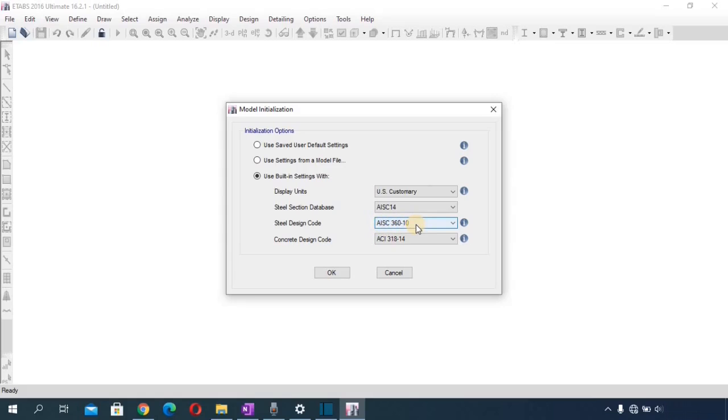So let's say if you want to change the code, if you live in India, you can change this code to Indian code. If you live in the UK, you can change it to the British code. If you live in Europe, you can change it to Euro code by just clicking on this drop down menu. As you can see, we have Euro code, we have the Spanish code, we have Italian code, we have the BS code, which is the British code, we have the Australia code AS, we have the Indian code IS. So I'm going to leave it on the default code, and I will cover other codes later on in future